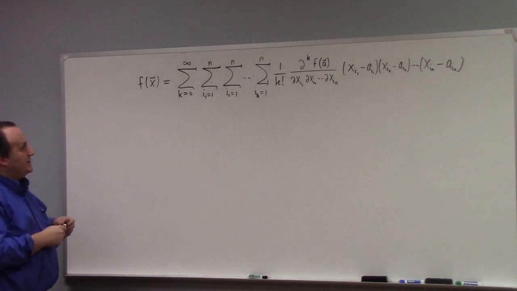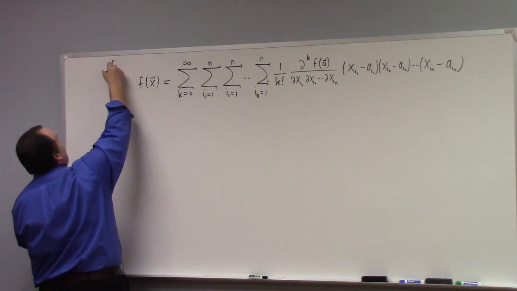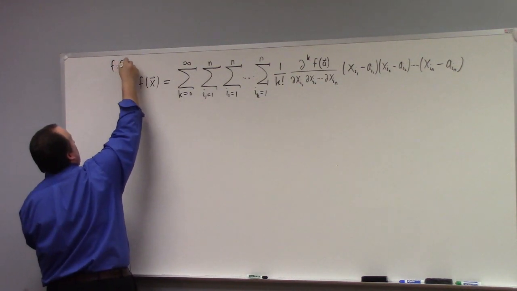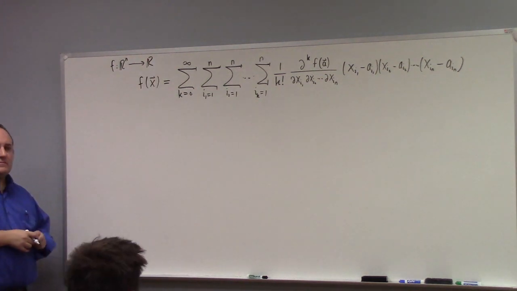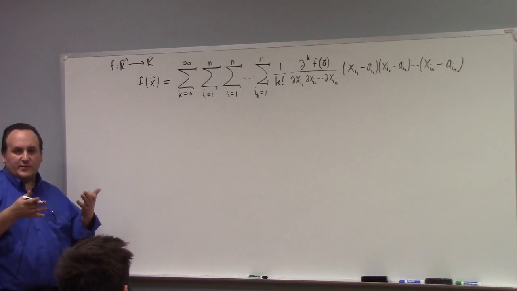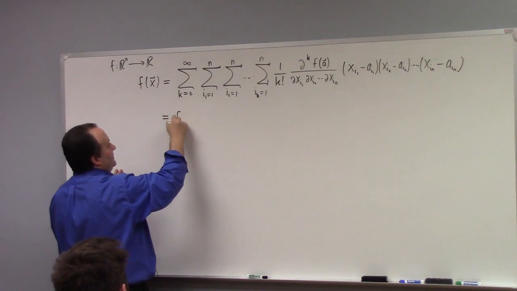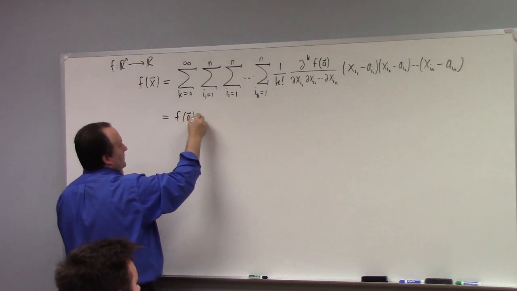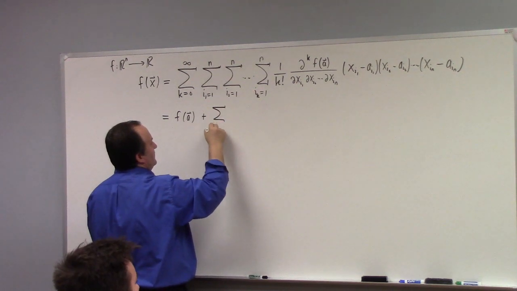But that's it. This is just for a function from Rn to R. This is what the multivariate Taylor theorem looks like. Now, let me just write out the first 3 terms of this, okay? So in particular, this looks like f of a, plus, and what this becomes is just the sum I equals